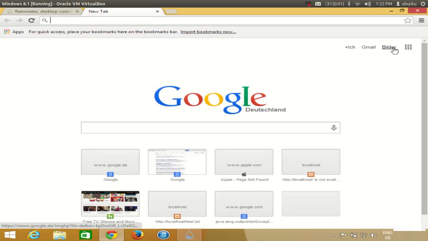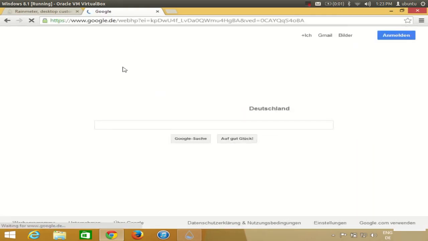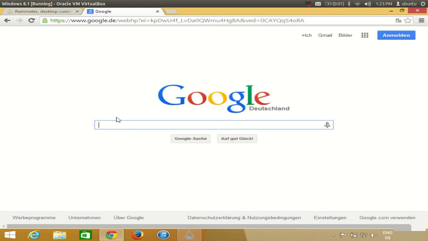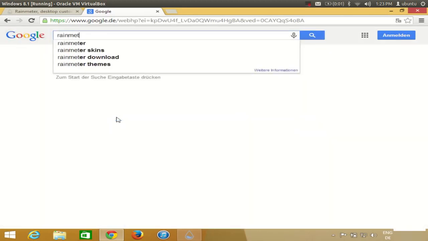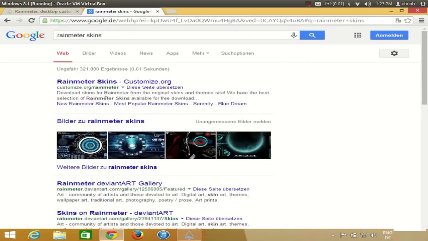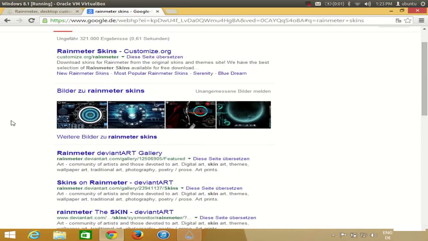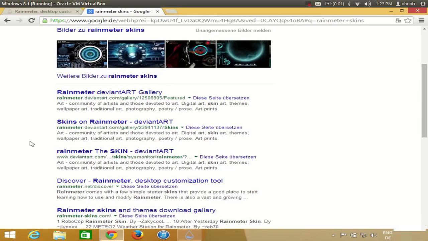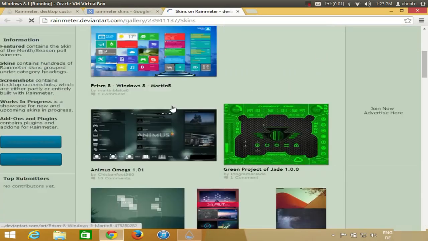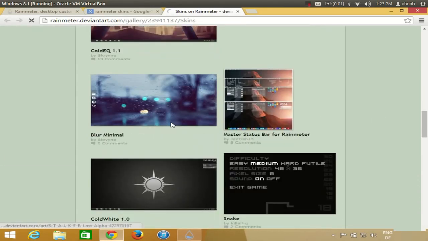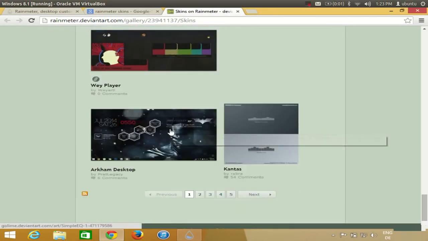Okay, so what I will do here is search for Rainmeter skins, right, and in here you will be able to find many websites which host these Rainmeter skins, but the one I like is deviantart.com. I will put the link in the description and you will be able to find this link, and just click this link, and it has